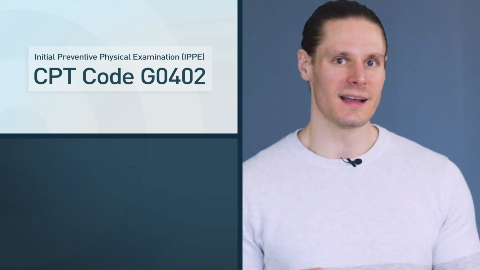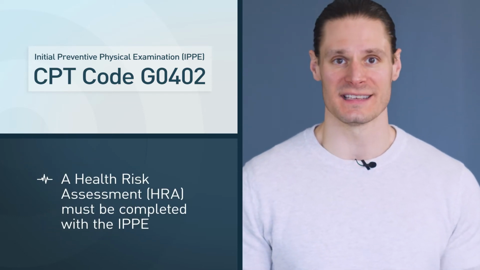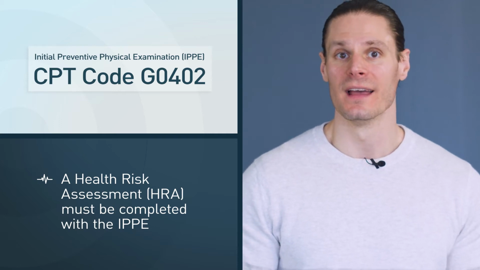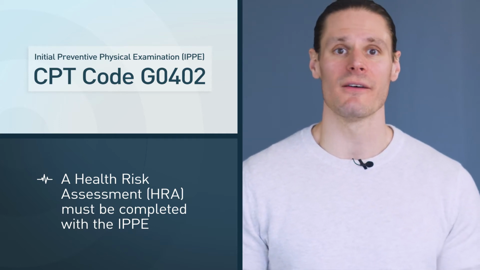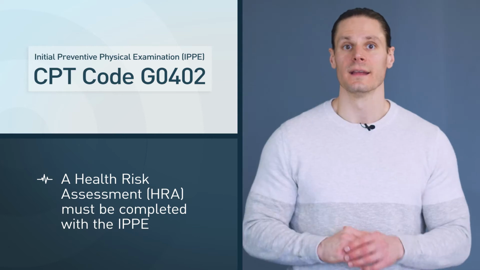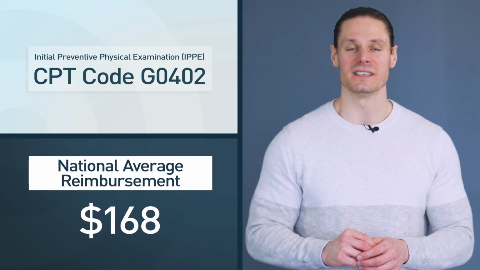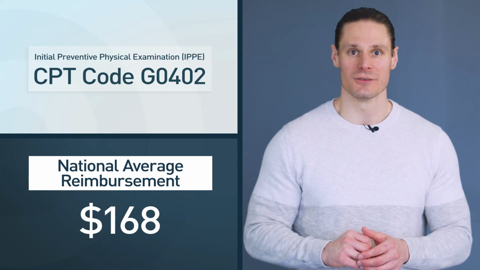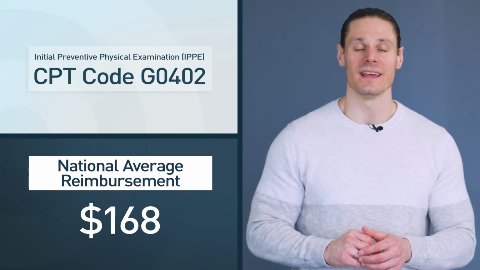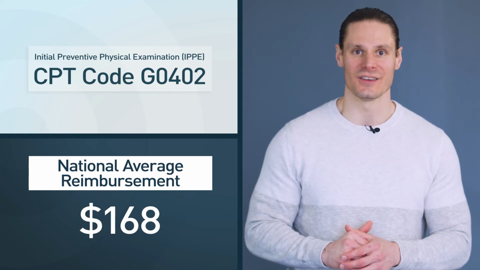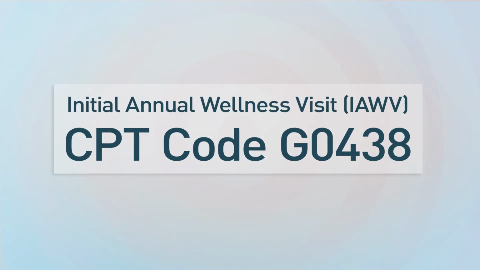One thing we touched upon is the health risk assessment, or the HRA. The HRA needs to be done with every annual wellness visit. The national average reimbursement for the IPPE using CPT code G0402 is $168. Now let's talk about the next annual wellness visit and how to bill for the IAWV, or Initial Annual